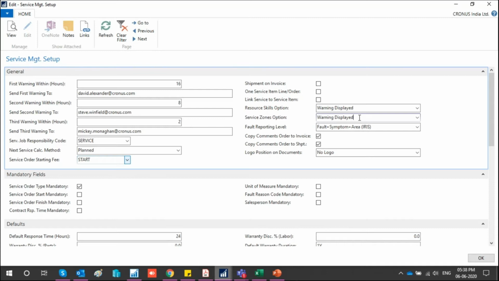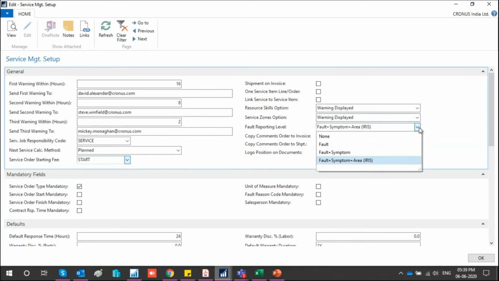So all these validations are by default there, so it restricts you from committing any wrong transaction. Now similarly, fault reporting level. This is a separate utility, a very good utility, and I believe it is hard to use in India, but it is widely used in all the European Union countries. Fault reporting in detail, I'm going to take in the next session, and I'll explain what it means.